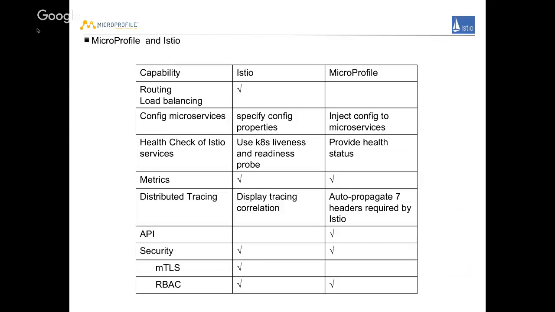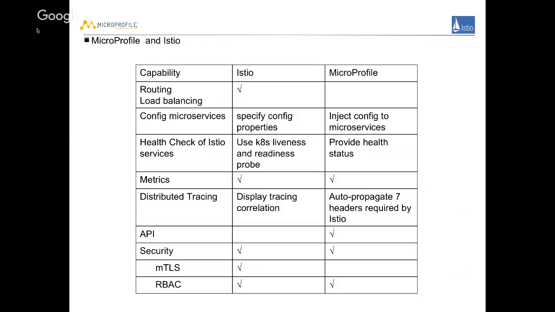Remember, MicroProfile is a programming model for developing microservices, so it doesn't interfere with infrastructure. And Istio can configure microservices. For example, if you deploy Istio on top of Kubernetes, and Kubernetes has a config map, you can configure properties.